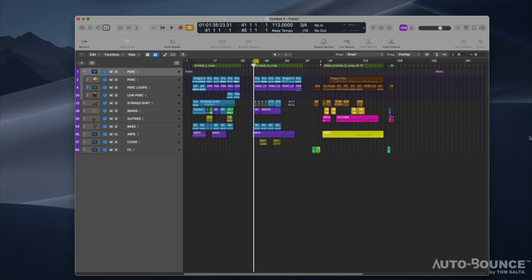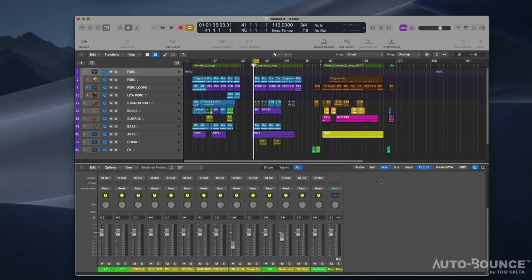Also, if you plan on using Auto Bounce to run dry stems or dry mixes, then it's going to be very helpful for you to make sure that your aux channels are labeled in such a way that you can identify which aux channels are the effect sends that you need to bypass in order to run a dry mix. So as you can see, the channels here are labeled green. All right, and those are the ones that have the names that I'm going to need to know when I open Auto Bounce. I will simply see those names and I will uncheck the boxes,